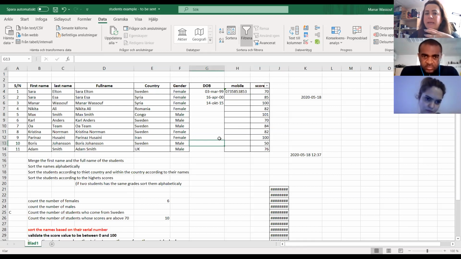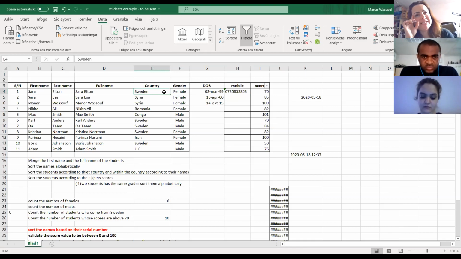For example, if you are at work and somebody asks you to put the country here, and we want just specific countries for the student to choose from, then they are talking about a list, data validation.